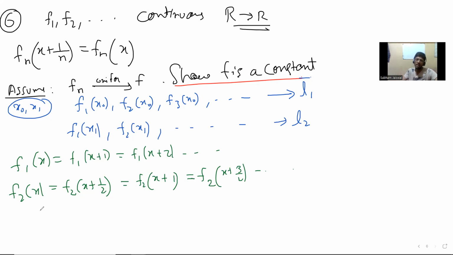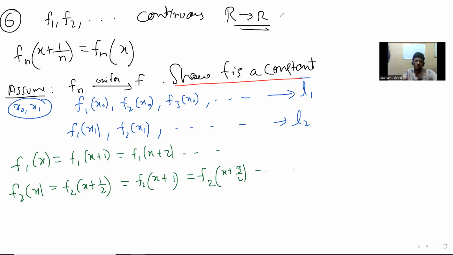But now we can exploit this, the fact that the functions are becoming more and more constant. And what we want to say is that eventually the behavior at x0 and x1 is the same. Eventually means after a certain point, the functions behave similarly on x0 and x1. So the point is that if you go far down, then x0 and x1 you can approximate by these 1 by n's. So what I'm trying to say here is,